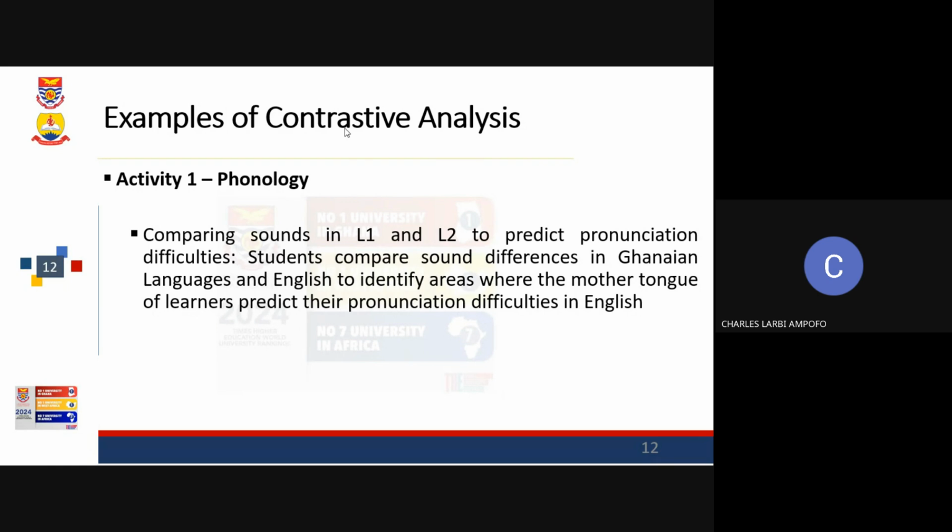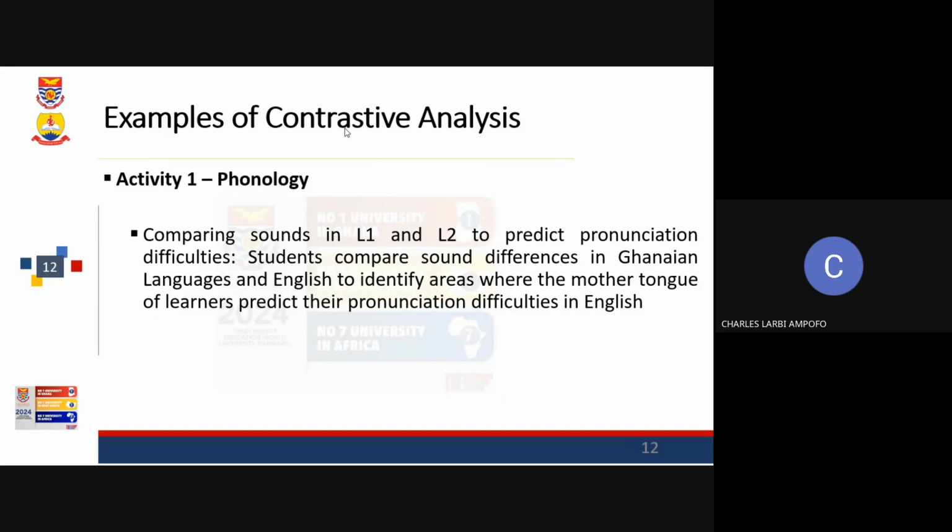And one of the structures that we mentioned was the phonological structure, that is the sound system. So we have an example here. It says comparing sounds in L1 and L2 to predict pronunciation difficulties. Students compare sound differences in the mother tongue and English to identify areas where the mother tongue of learners predicts their